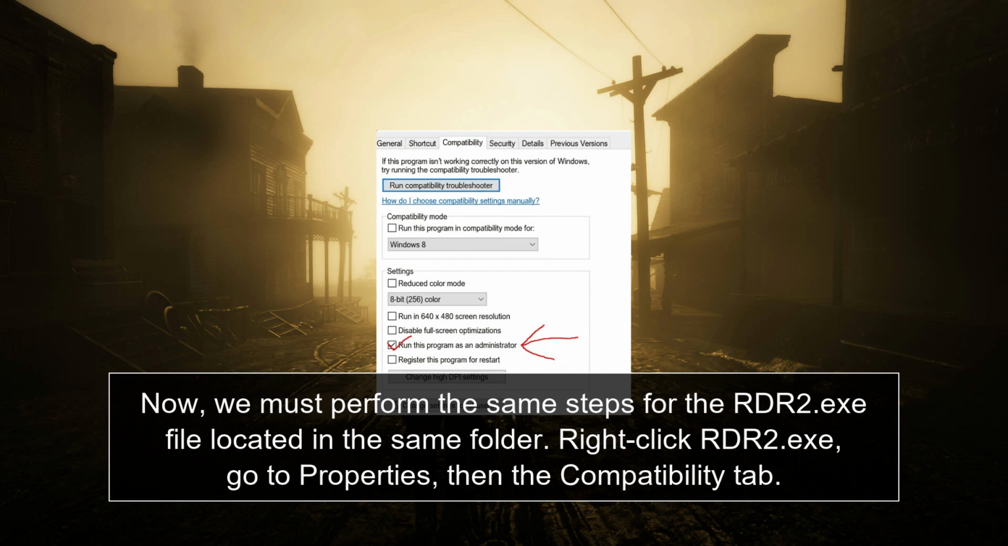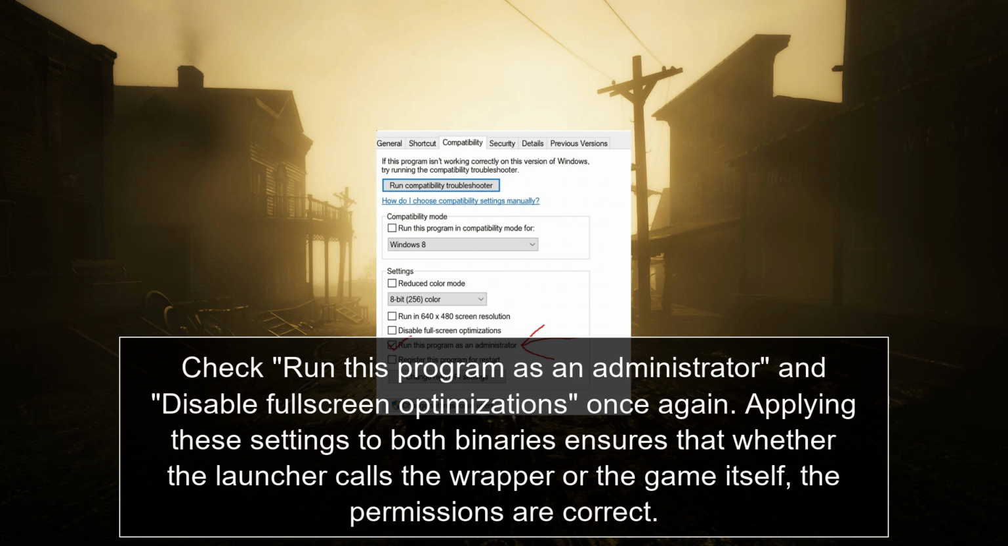Now, we must perform the same steps for the RDR2.exe file located in the same folder. Right-click RDR2.exe, go to Properties, then the Compatibility tab. Check Run this program as an administrator and disable full-screen optimizations once again. Applying these settings to both binaries ensures that whether the launcher calls the wrapper or the game itself, the permissions